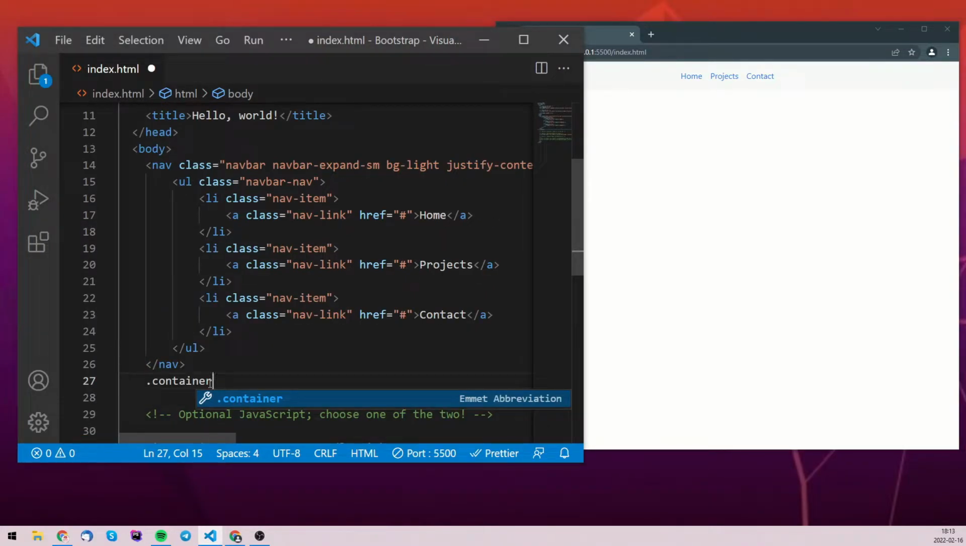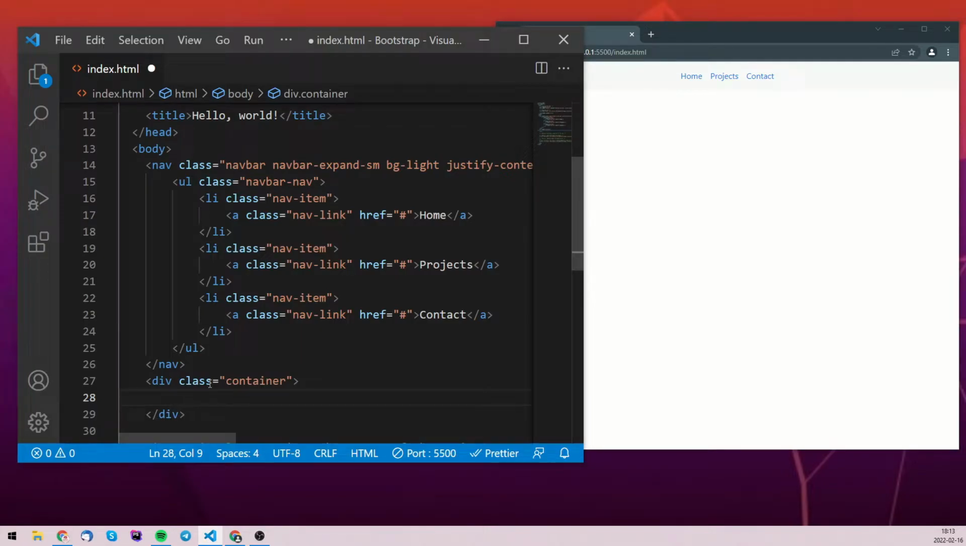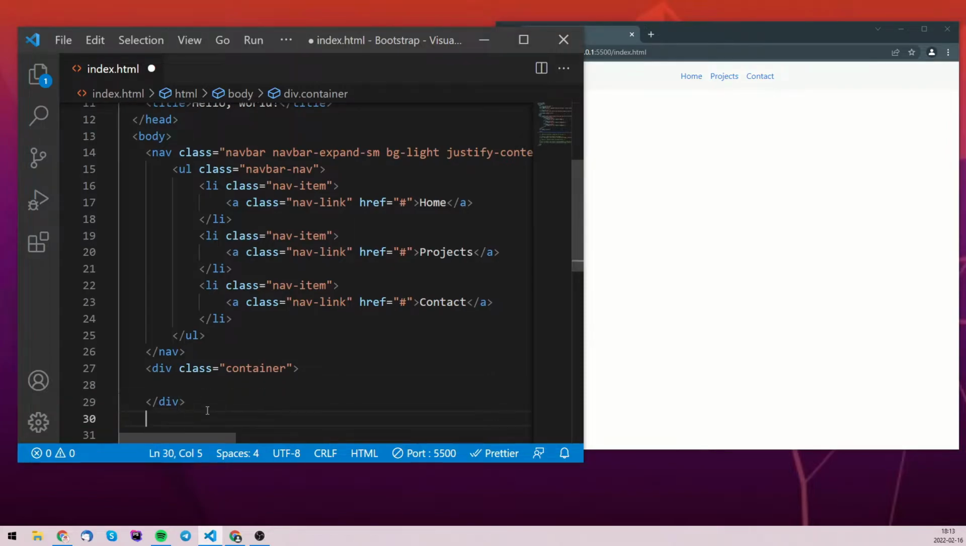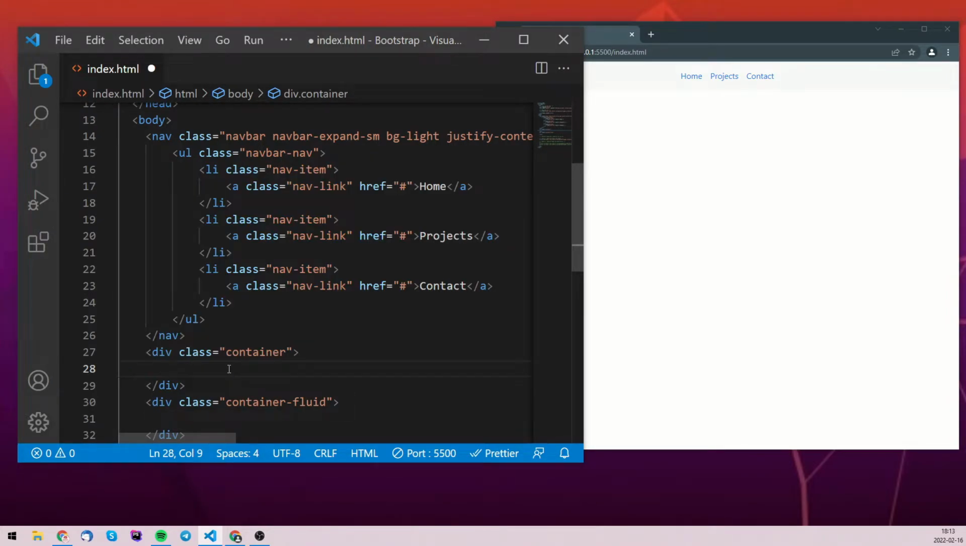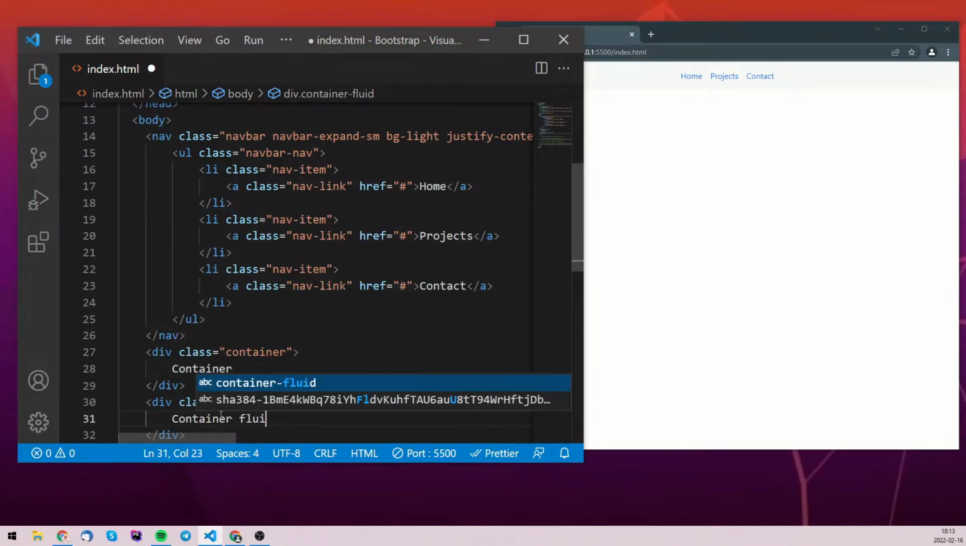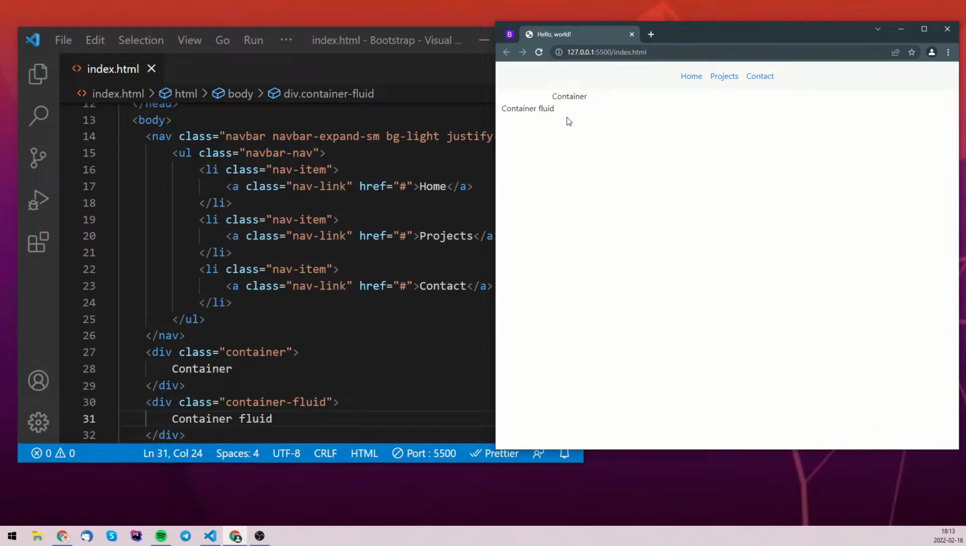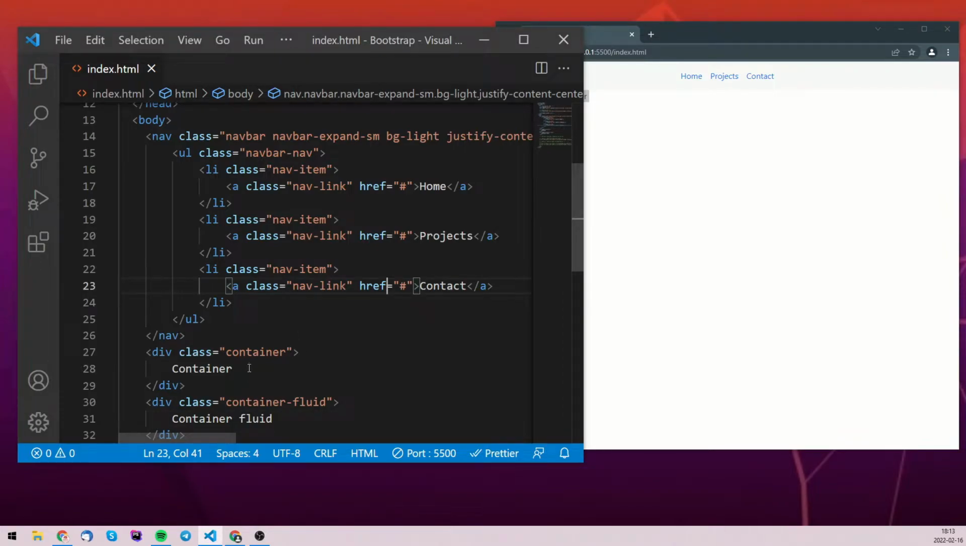We're gonna see what container is. Container is basically a box with margins and smaller width than container fluid. So we have these two containers, normal container and container fluid. And this is the difference. This container fluid is going to take the whole width, and this is going to take less width, not the whole screen. So if we were to add